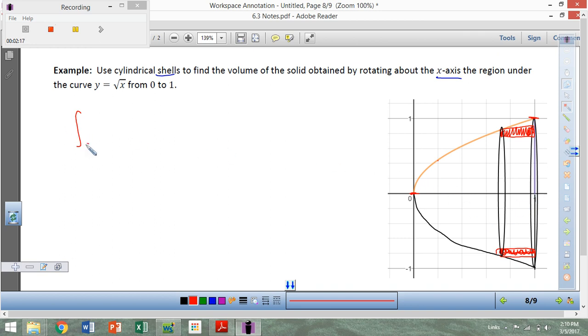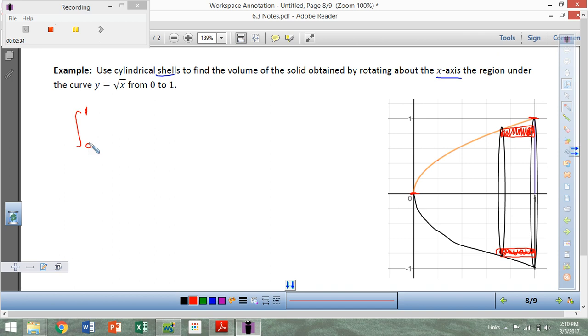So these are going to go from y equals 0 to y equals 1. And because of that, I need to make sure that my function is determined in terms of y as well, because I'm integrating with respect to y,